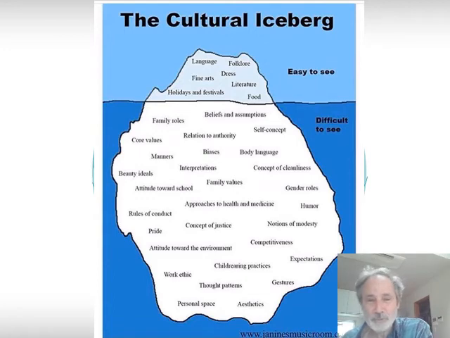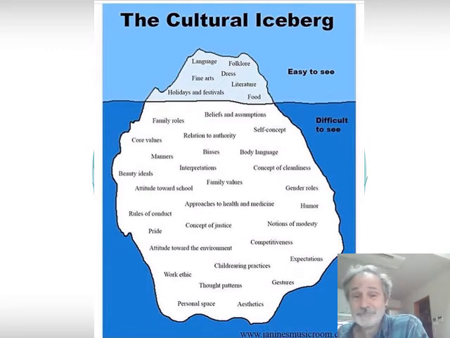Okay, sometimes when people talk about culture, they describe culture as an iceberg. A real iceberg in the ocean is a big piece of ice, and 90% of an iceberg is underwater, and only 10% is above water. So it's very easy to see the top of the iceberg, and it's very difficult to see the bottom of the iceberg. So you can't see most of the iceberg. This is why the Titanic ran into the iceberg and so many people were killed because they couldn't see the